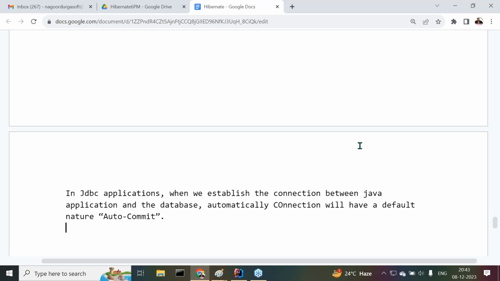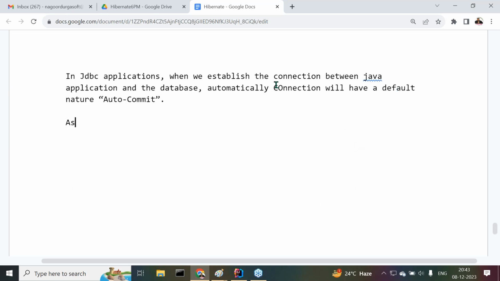As per the connection's auto commit nature,